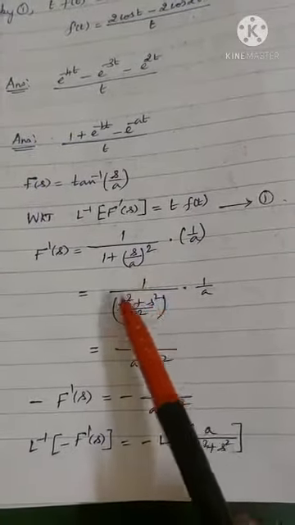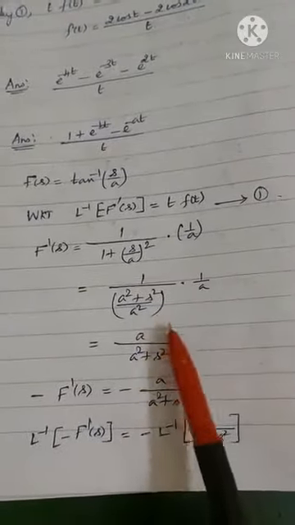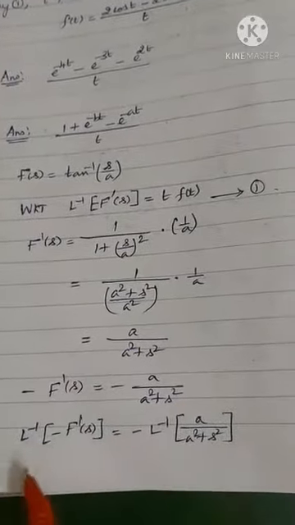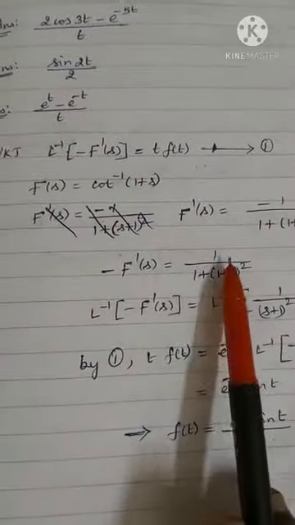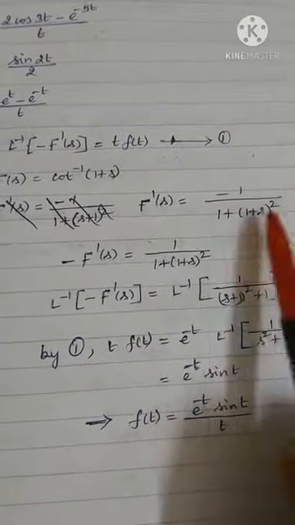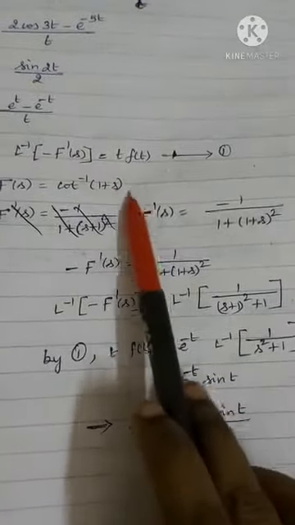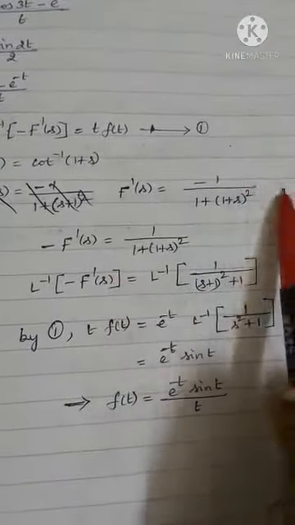Take this term to numerator. A square and this 1 of a square, here a gets cancelled. Take negative sign. Find L inverse. Okay? Which you will get as the answer. And it is similar for the cot inverse problem. Differentiate cot inverse x: minus 1 by 1 plus x square. Our x is 1 plus s. Now we differentiate 1 plus s, it becomes 1.